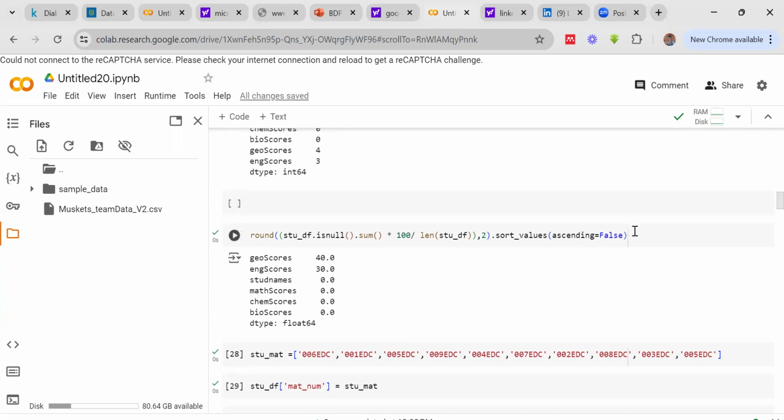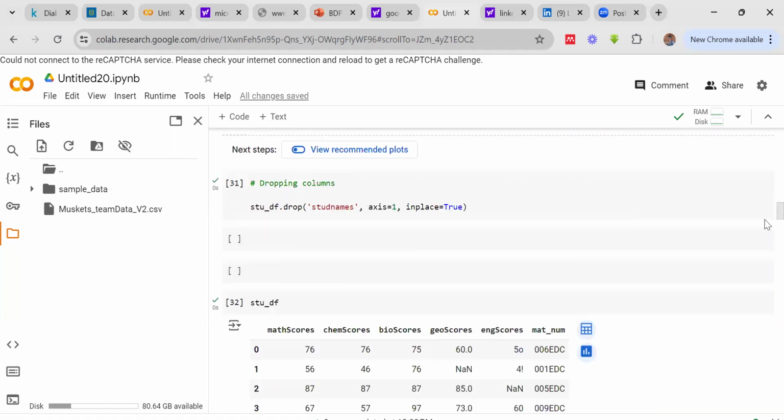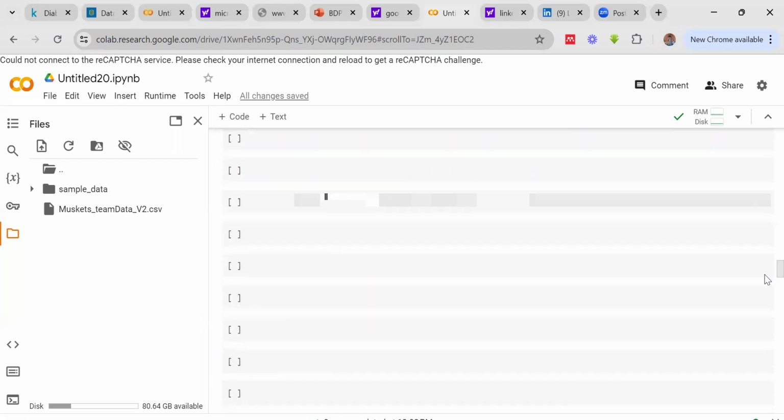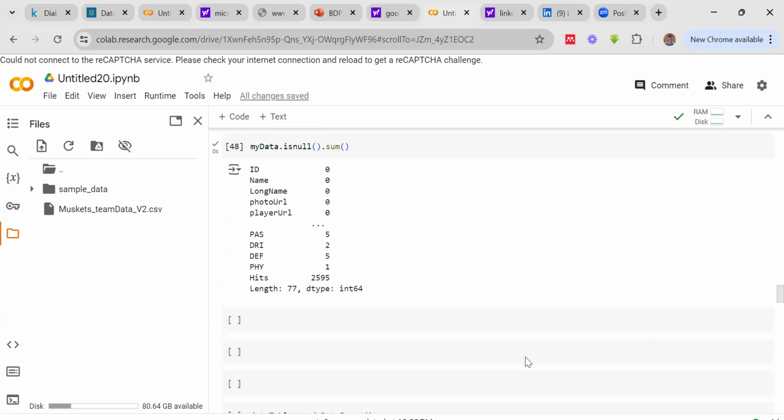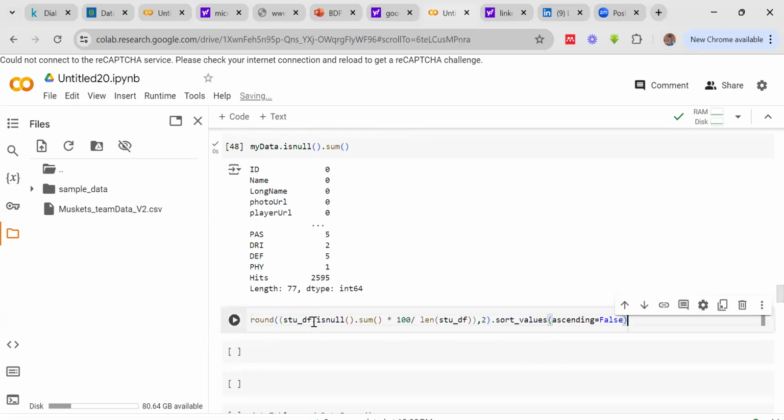This one will be better for us, since it's going to summarize it in percentage. Again, we're going to change this one to my data. So if I run this,